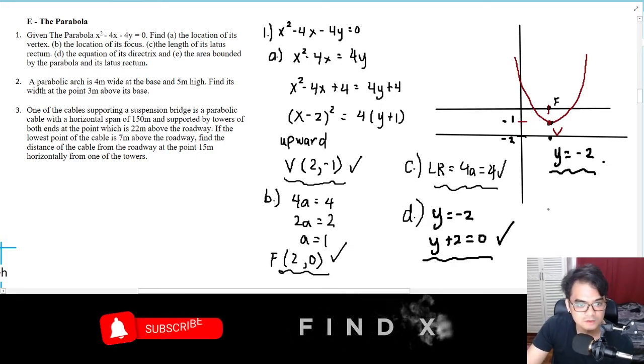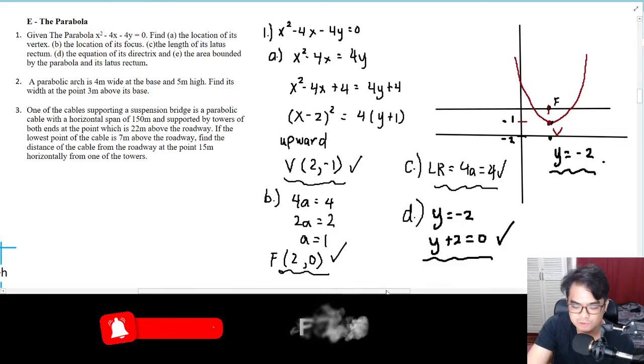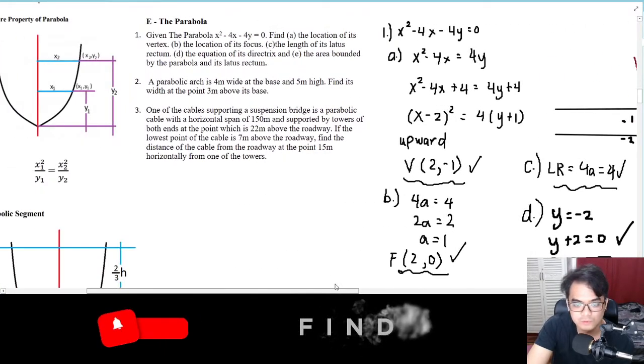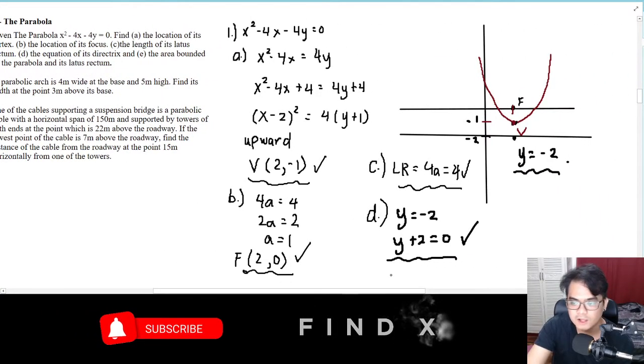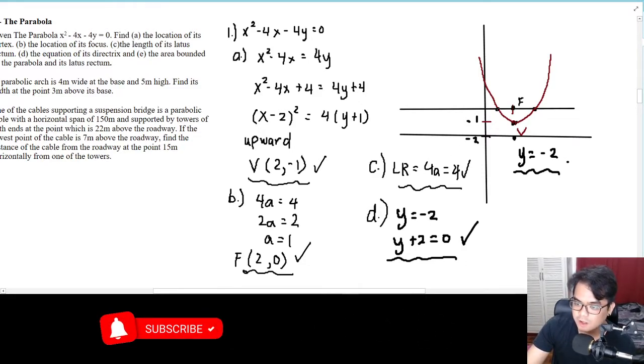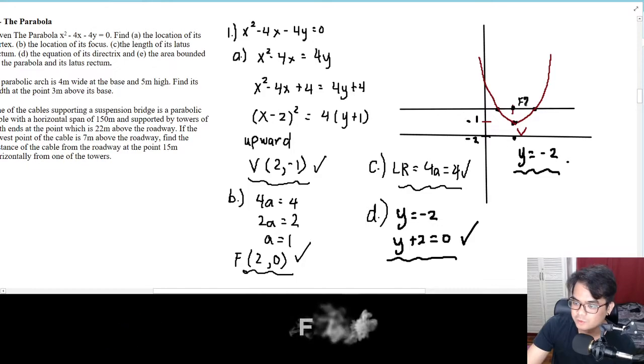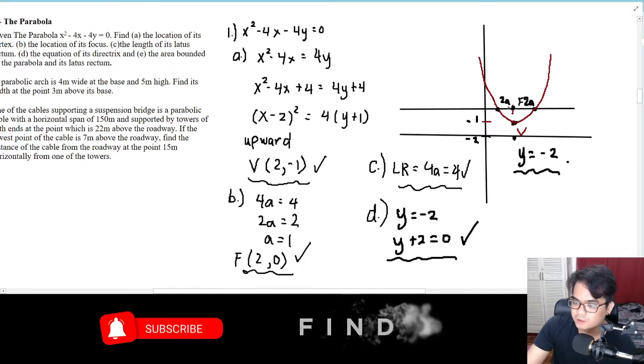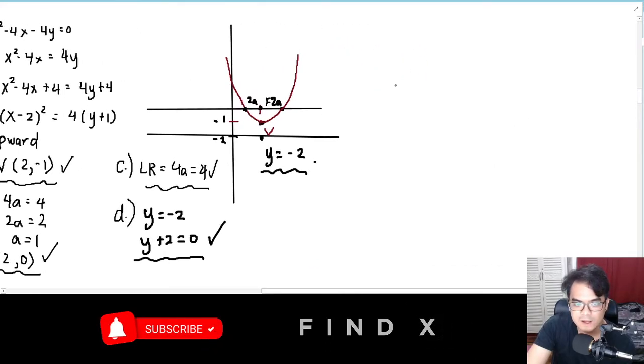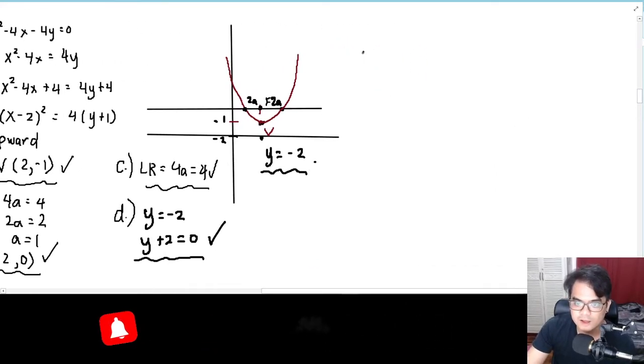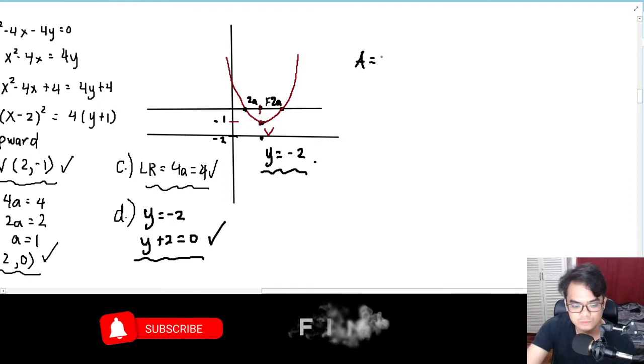And then I think that is the last one, right? Oh, no, it's not yet. The area bounded by the parabola and its latus rectum. So the latus rectum will be here and here. So this will be 2a and this is 2a, right? Therefore, what you will have here is the height, or the area, is equal to